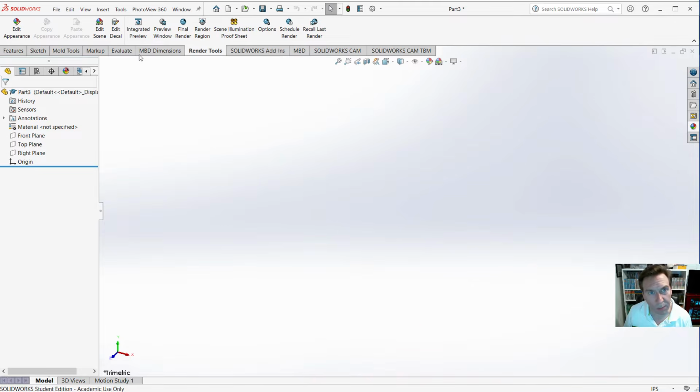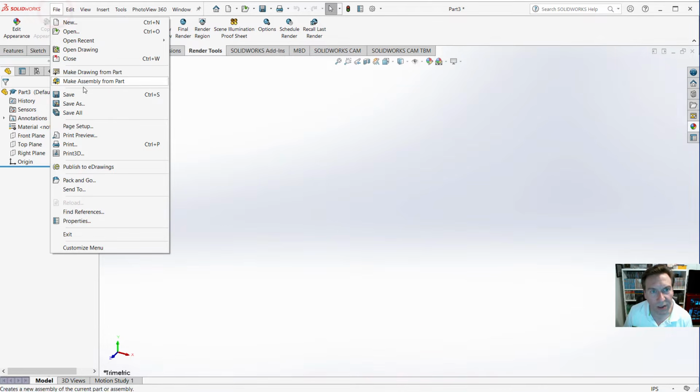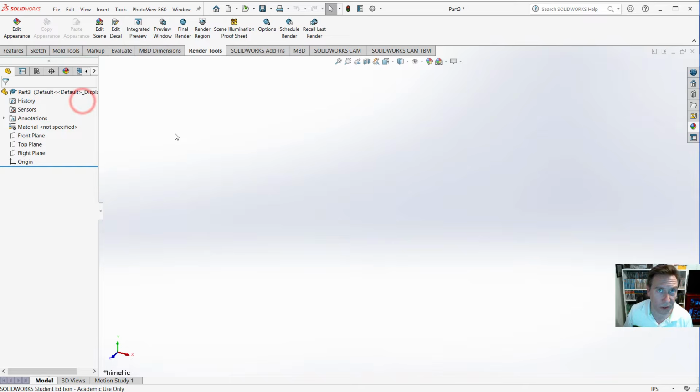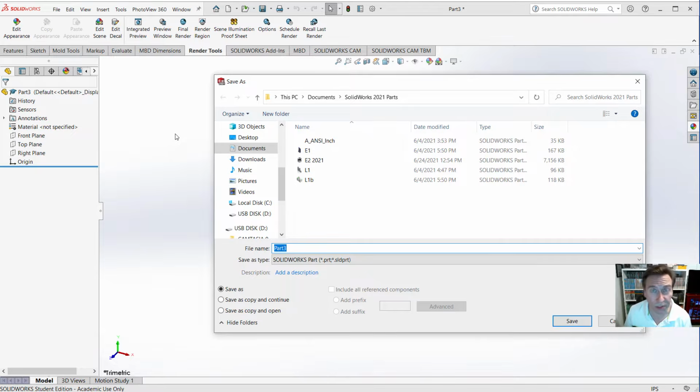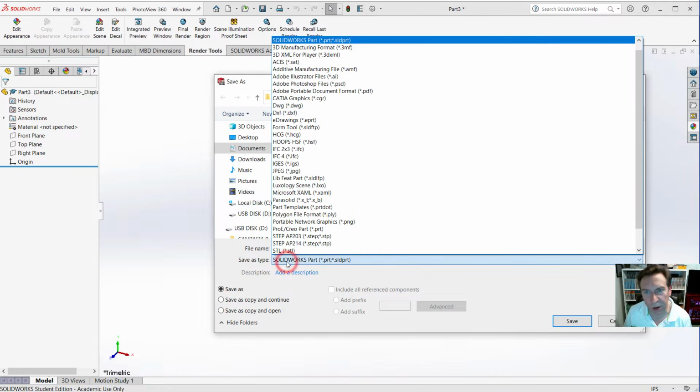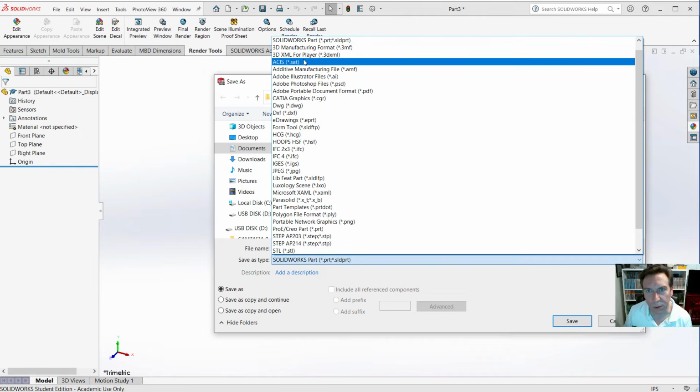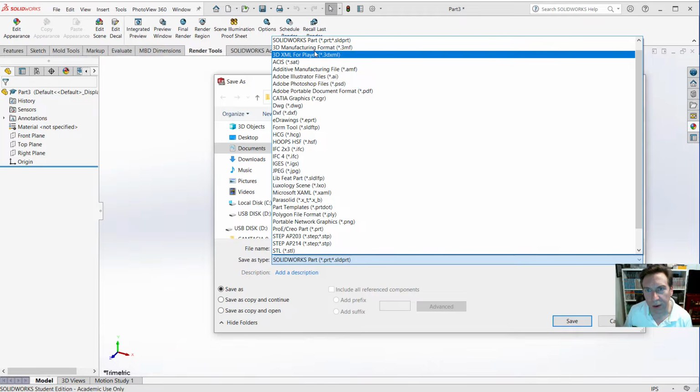Now this is how to save a template. Go to File, Save As. Now this is a part template. You could do the same with parts, assemblies, and drawings. And right down here where it says SolidWorks Part, make sure you go to, you want to find,